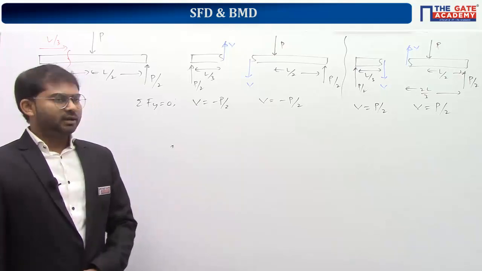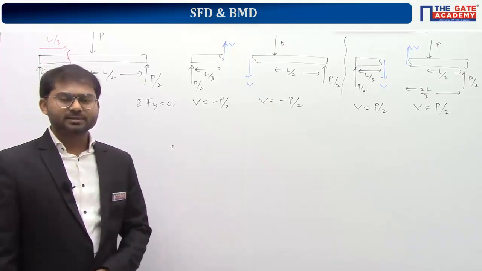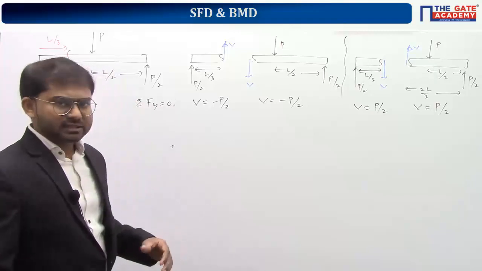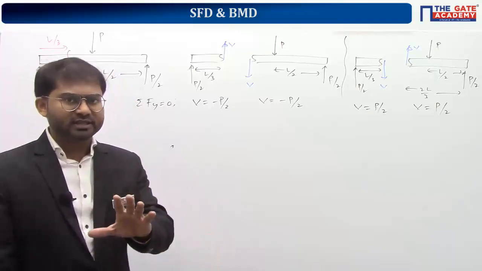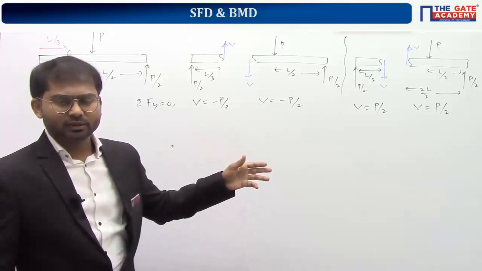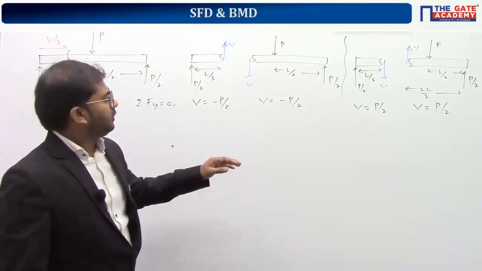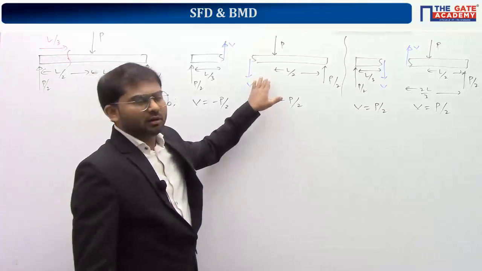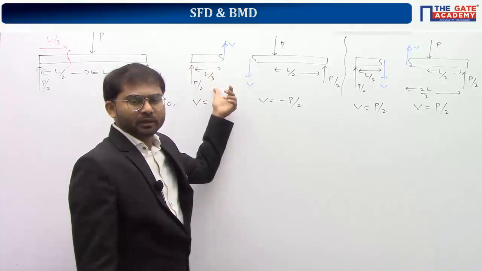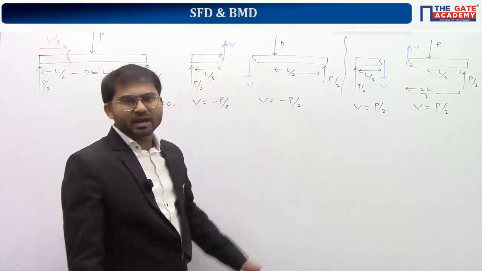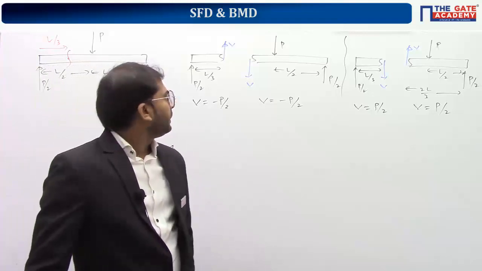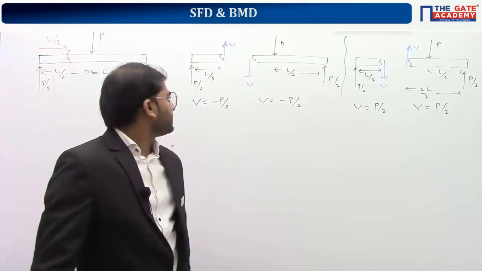So let's understand a few things based upon these results. One very good thing is we are getting the same answer. Our objective is to get the value of V, right? We are getting the same answer whether we take the left side or right side. That's a very good thing, because if the calculation for one part is a little difficult, we can take the left one, which is a little bit simpler. So we can choose the side of the cut which is simpler for the calculation, and get the answer for V.